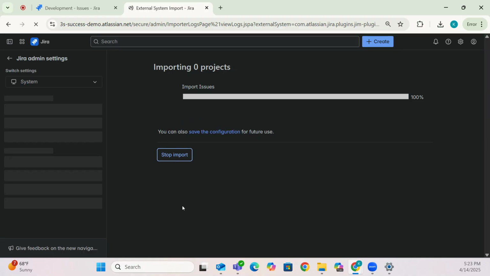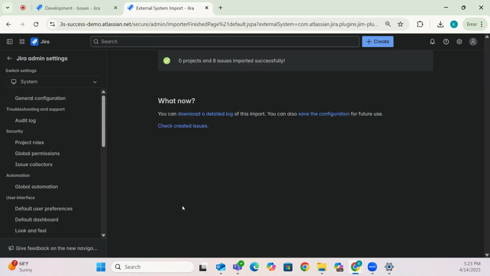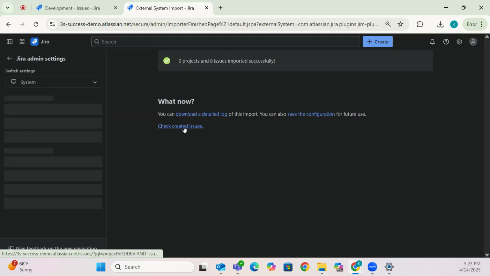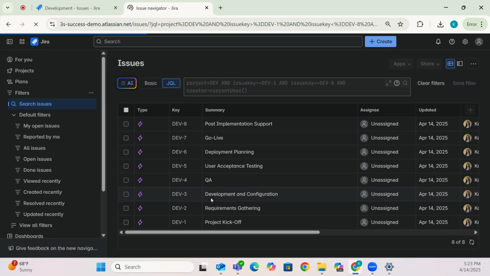Jira will process your request and import the CSV file. And now what you can do is check those created issues. If you click Check Created Issues, you will see the epics and the names that you created. The other way that I really like to make sure that everything worked as expected is by going back to your project,